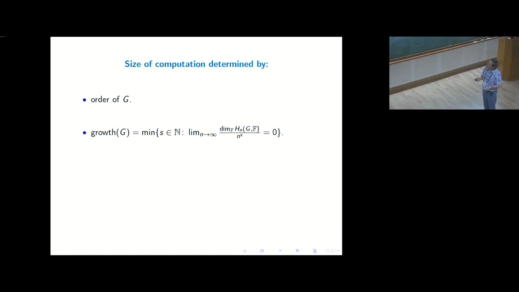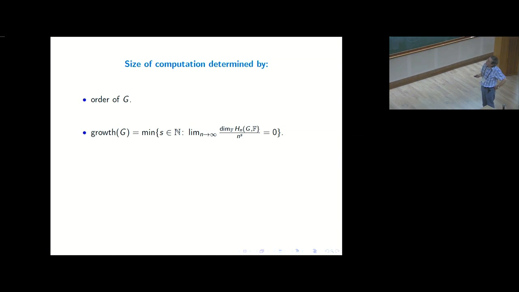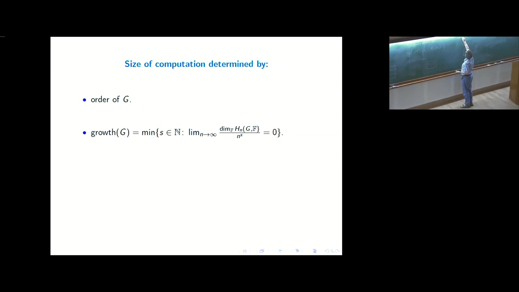So here is a definition. Let's define the growth of G to be a measure of how quickly the dimension, I guess I probably mean of the cohomology, grows. In other words, let the growth be the smallest natural number s such that, as n tends to infinity, the dimension of the nth degree cohomology divided by n to the s has limit 0. S is the smallest one. Call that the growth. And clearly, if the growth is big, it means that these cohomology vector spaces are becoming big. And if they become big too quickly, working with summands,